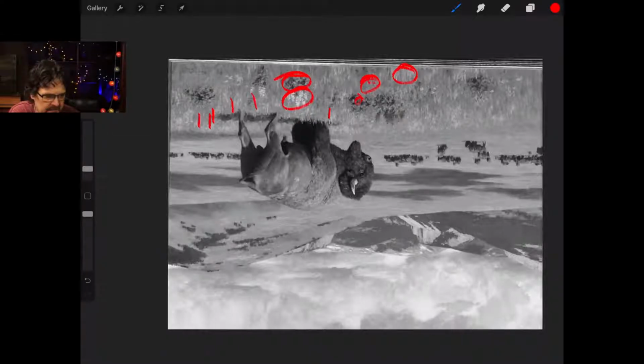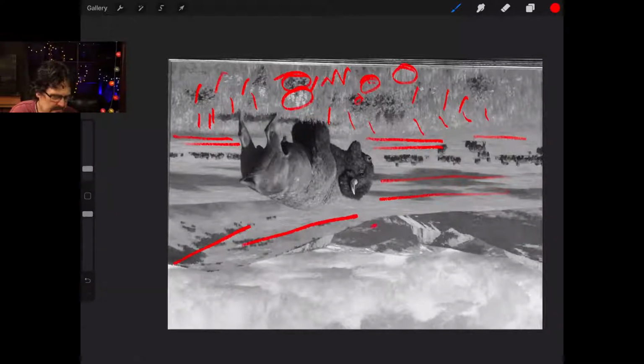They're predominantly vertical marks, or you feel vertical shapes. And then as we move back here, it starts going more horizontal, doesn't it? Until we get to the mountains, and then those are more diagonal.